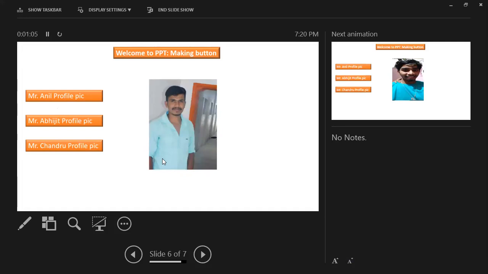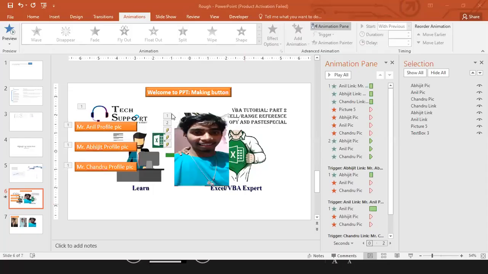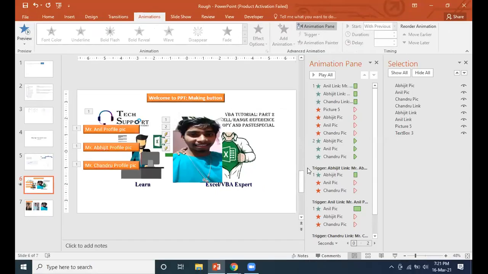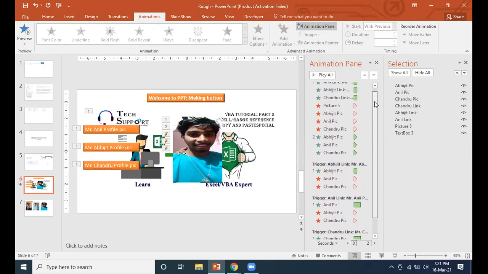At the same time, when I click on it, Abhijit profile will be visible and these two profiles will be disabled. Anil and Chandru profile will be disabled. Let's see here how it's happening, because of this only it is going to happen. Let's see on screen. When we click on this button, then all this happens. And one more thing, while running this application,